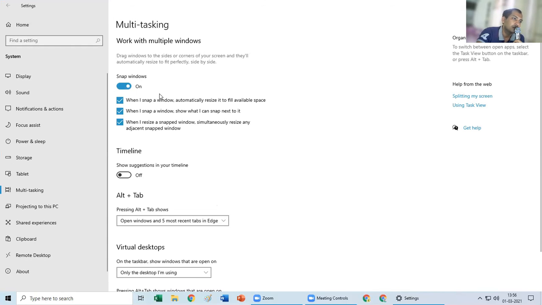In my case, I do computer teacher teaching work, then the admin work, for which I use a separate desktop, and personal work, for which I use a different desktop. So I have multiple desktops where I keep on working. Multitasking can be done very nicely with this option. You can turn this option on, and all the settings related to multitasking you will get over here.